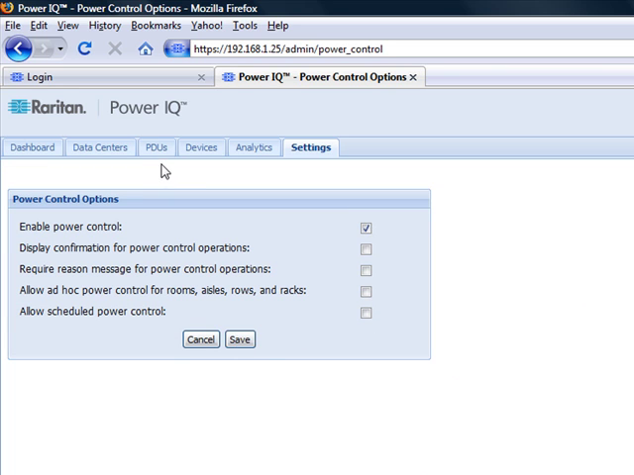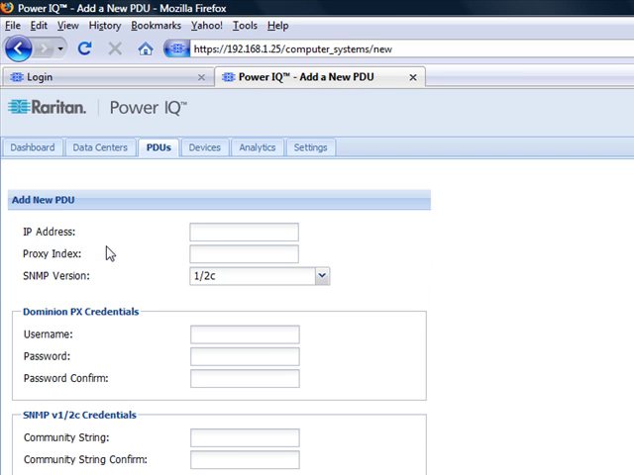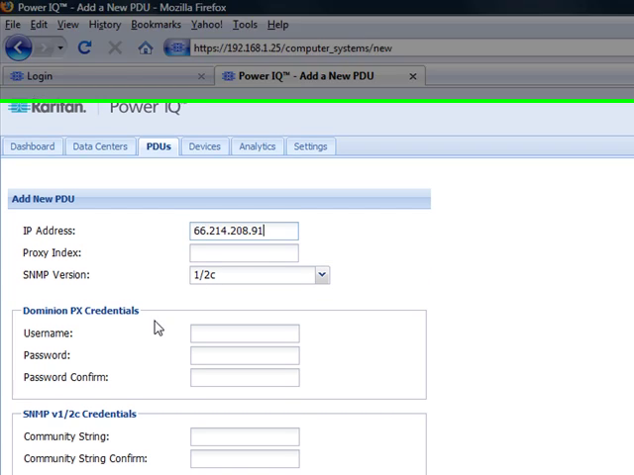The next step is to add your PDUs. So I'll select the PDU tab. To keep the video short, I've already added a PDU, but I'll show you how I added it. I select Add. To add a Raritan Dominion PX PDU, you'll enter the IP address, such as